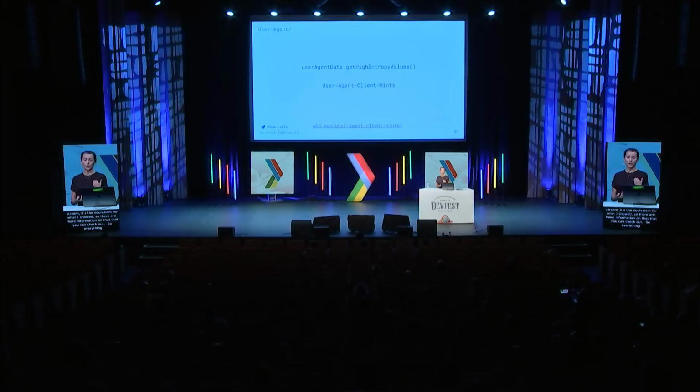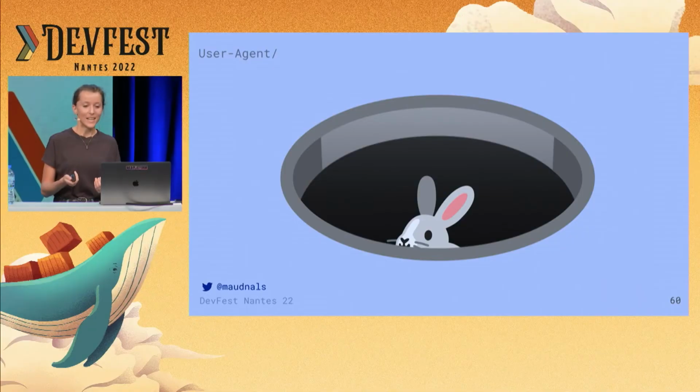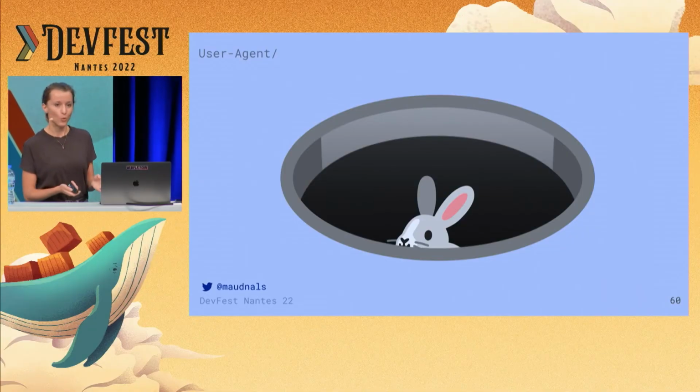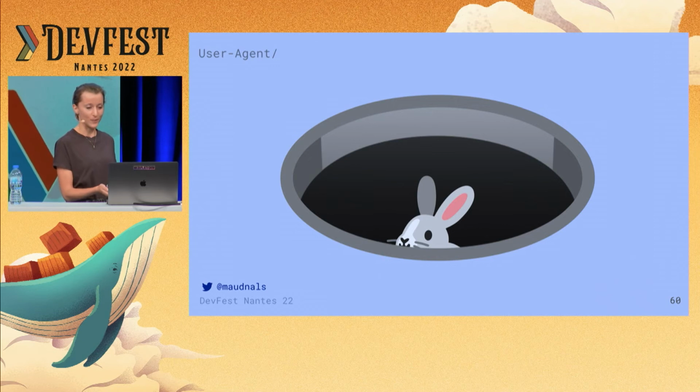But in case you're accessing the user agent string via headers, there's the equivalent of what I showed, and it's called user agent client hints. There is more information on that, so you can also check it out. Everything I explained remains applicable if you use headers. All right. So now we're done with our rabbit hole, so we can get out of this. And we are ready to move on to our next stop for this journey.